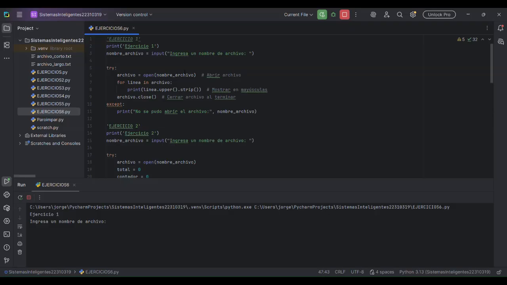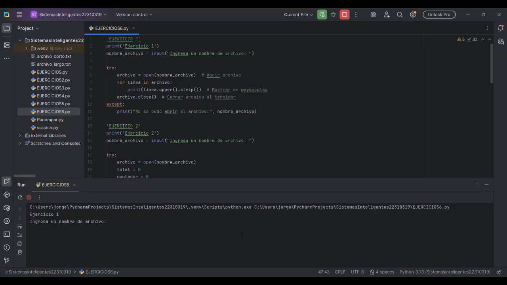If the file opens successfully, it reads each line. Each line is converted to uppercase using upper and printed on the screen. If there is a problem opening the file, an error message is shown instead.